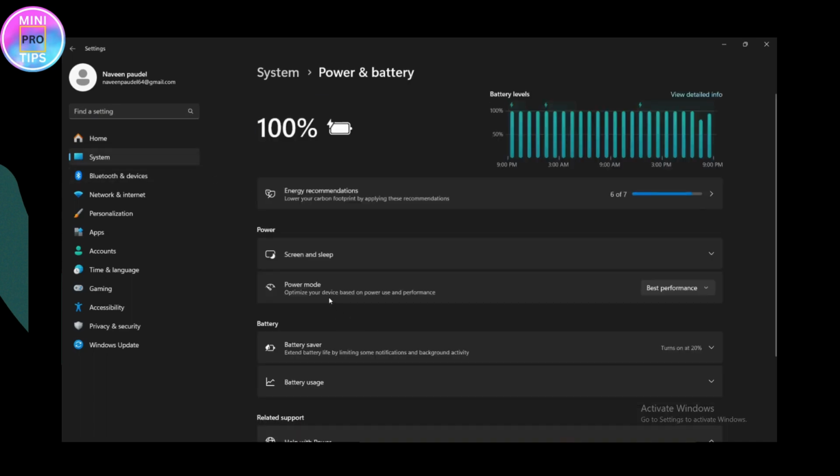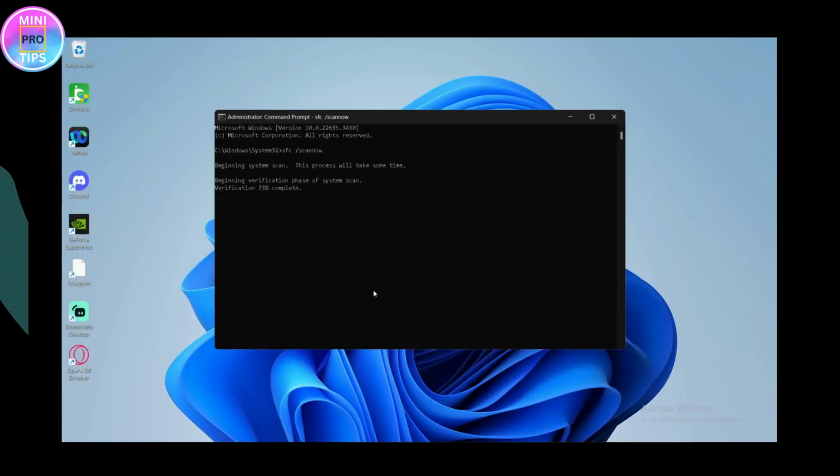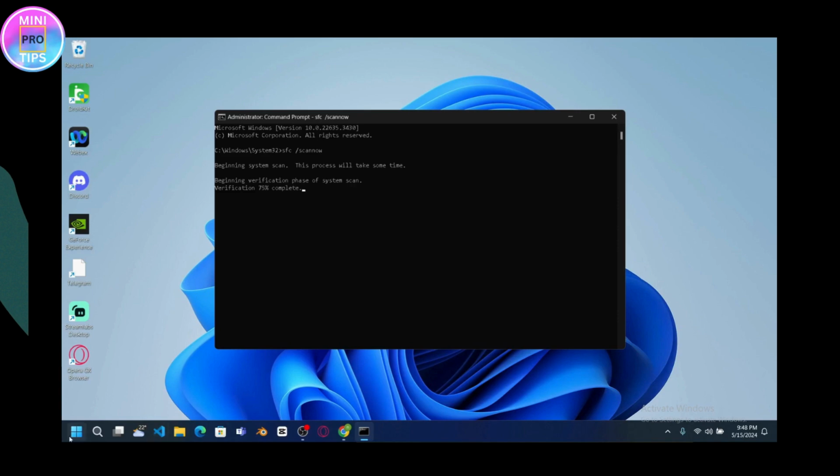And once you're here, you need to simply go for the power mode option, which says optimize your device based on power, use and performance. Under that, you need to go for the right, and you need to select for the best performance option. So if you have best power efficiency or balanced, then you need to go and click on best performance. And once you click on best performance, now you need to remove that,